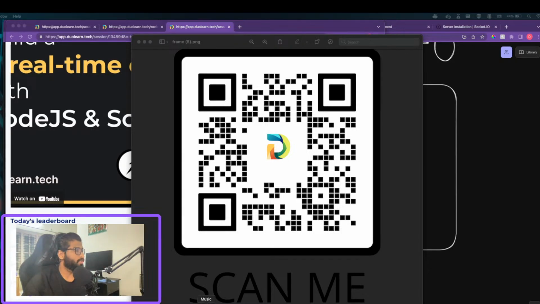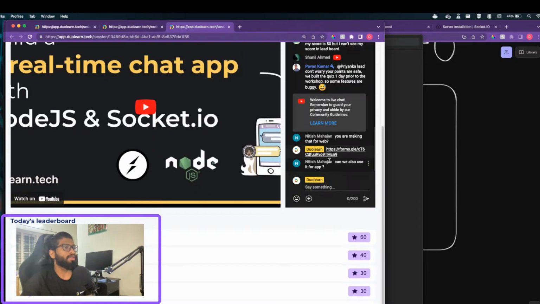Can we also use it for an app? You can. Basically, there will be libraries which you can use to connect to WebSocket servers. What we built is SocketIO. Under the hood, it uses a protocol called WebSocket, right? Which is on the same level as HTTP. So if you're able to make HTTP requests, you should also be able to do WebSocket connections. There should be libraries for any mobile app you're trying to build, like React Native or Flutter. I suppose there would be